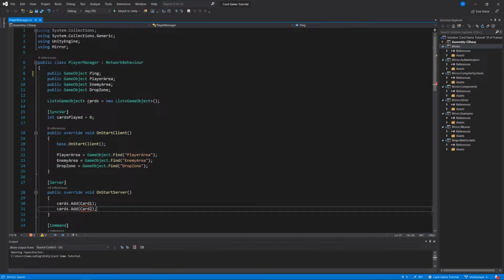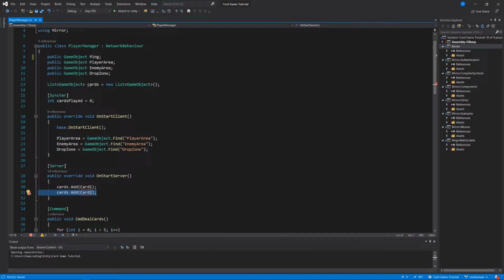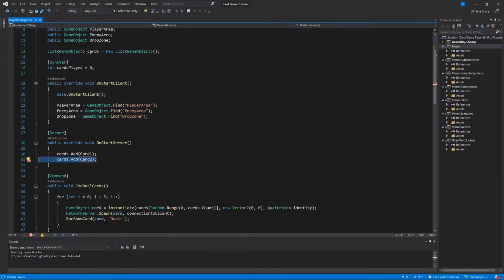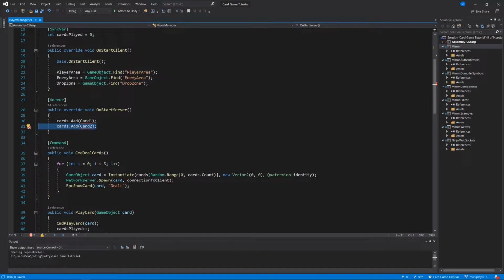And so, well, let me just review this for you here, even though I hope that you've watched the previous videos. We've declared all of our game objects that we want to find throughout the game here. We've added a new list called cards that basically just when the server starts adds our cards into it. When somebody hits the initialize button, or what we used to call the draw cards button, we call a command, which is something that we want our server to do, command deal cards, and that just runs a loop that for